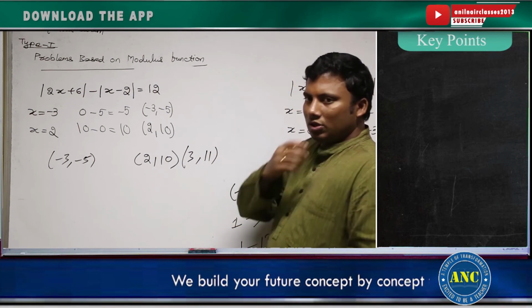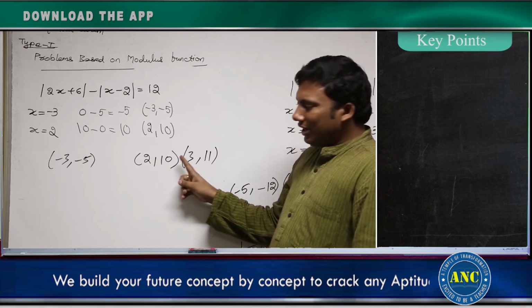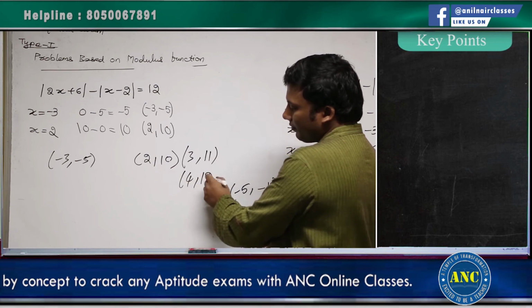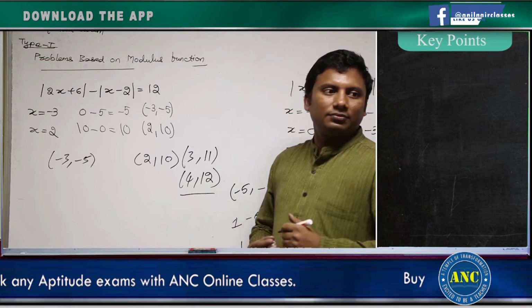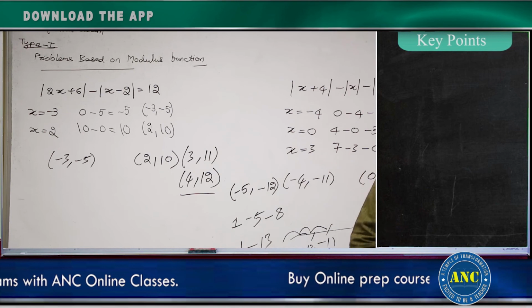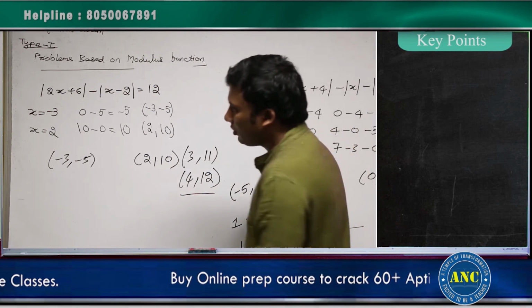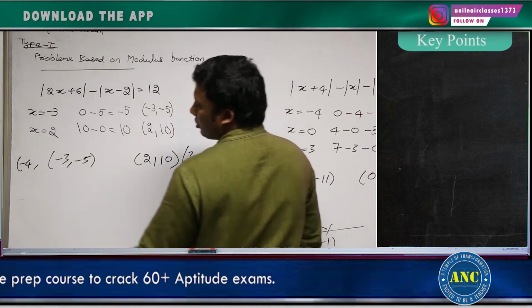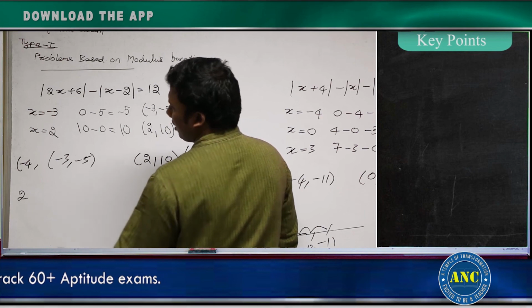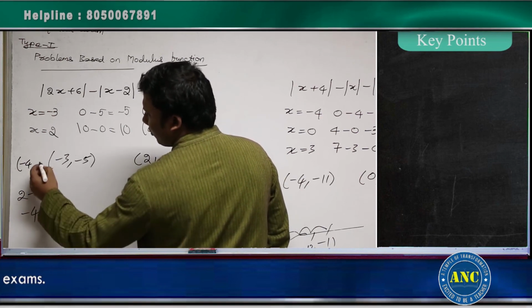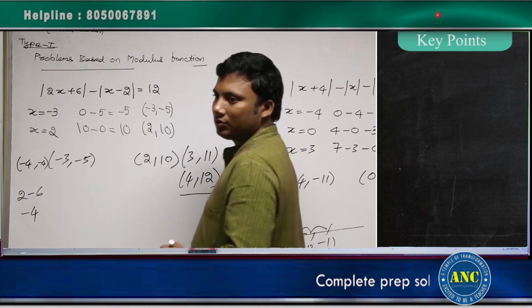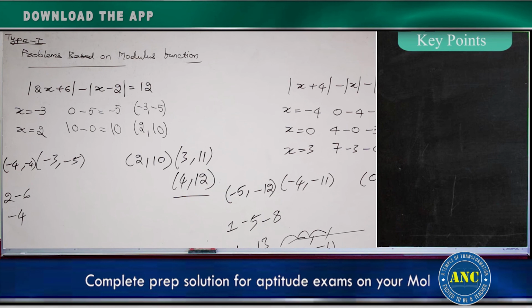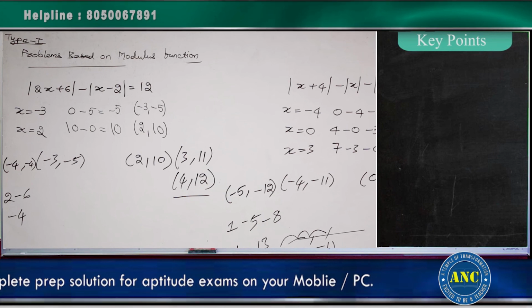Now, increase in x by 1, increase in y also by 1. Increasing to 4 gives (4, 12). Next is -4: -8 + 6 is -2, and -4 - 2 is -6, so -2 - (-6) gives 4. That means a decrease in x by 1, y is increasing by